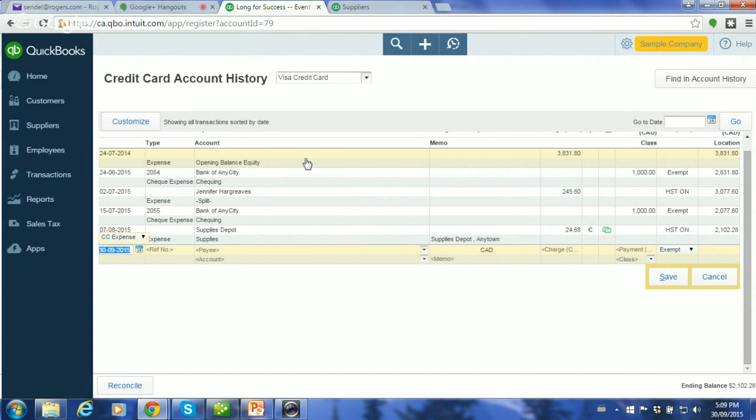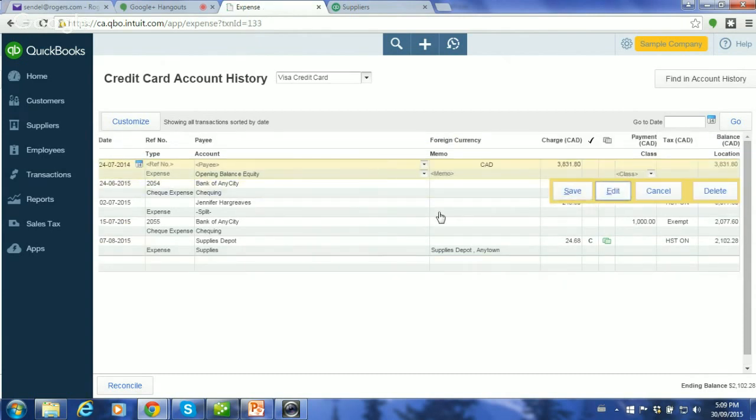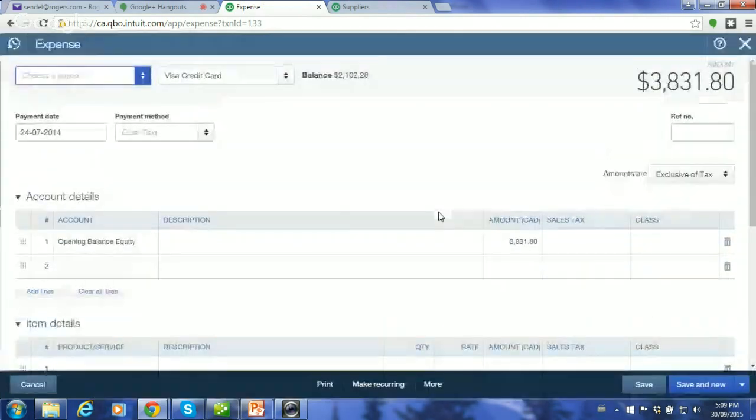What we see here, let's actually take a look at that entry. We can call it up. We can edit it. Take a look at it specifically. What happened here was, and this often happens, if you connect a credit card to QBO and you haven't used any, you haven't had any transactions yet, as soon as you've downloaded it, you're getting fresh information. It's starting with a zero balance.